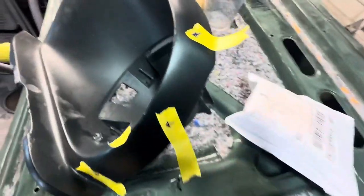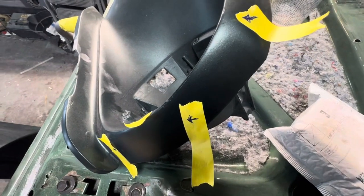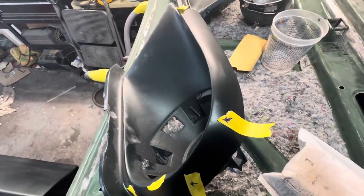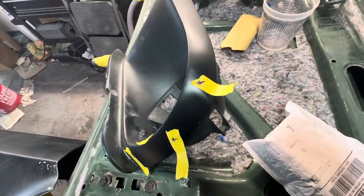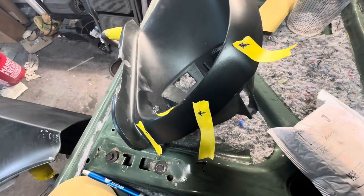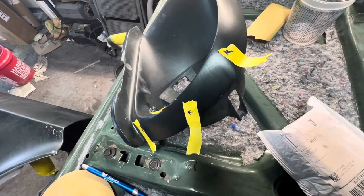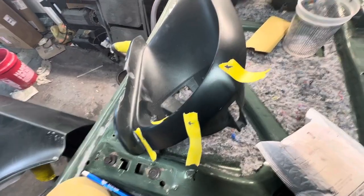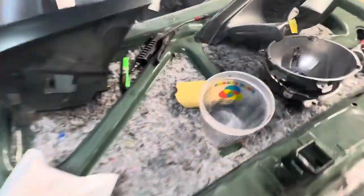And I'm still debating on flush mounting the fenders and the headlight bulkheads like I did the rear. So I'm gonna try to paint these and mount them to the front of the fender as best I can, because these were way off and I did some shaving and adjusting to make it work. And I think that I'm just gonna go for bolting these up versus trying to flush mount them, because